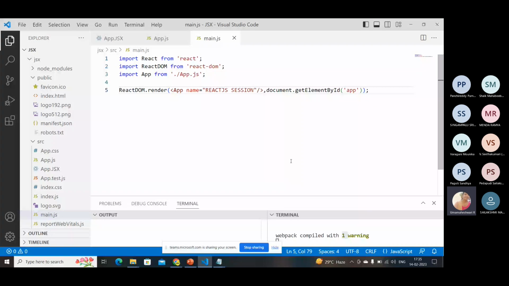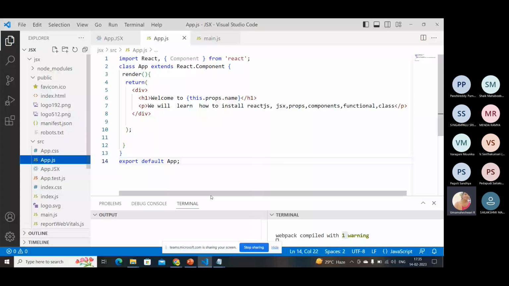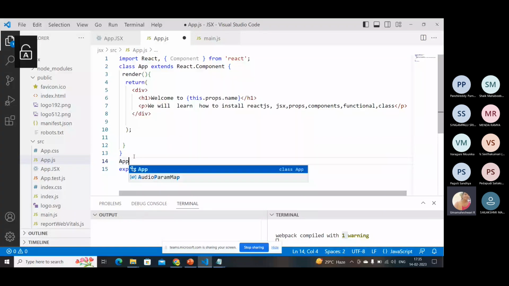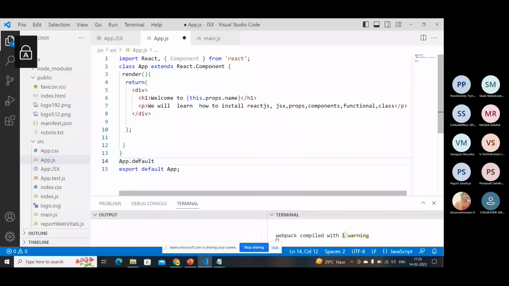If I'm using it on the same file, so see here. So below this, I'm adding app is exporting, right? So I'm going to use it here itself. So default props. Here itself, I'm giving a name to be